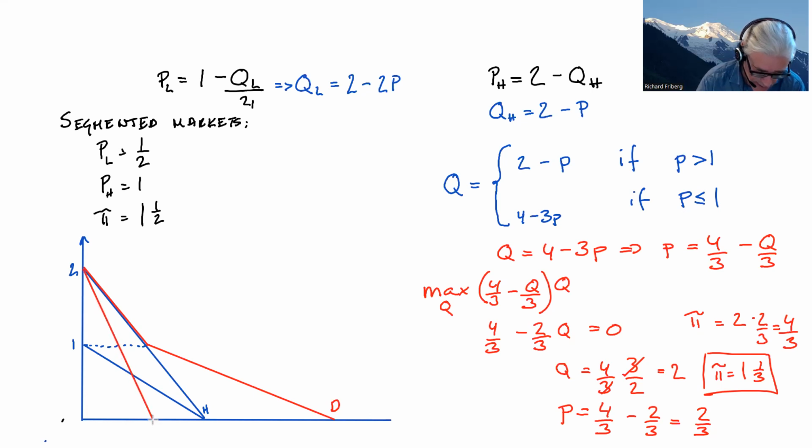So for associated quantities and associated prices that are greater than 1, the marginal revenue curve is given by the marginal revenue for the high types only. Then at the price of 1, this quantity,